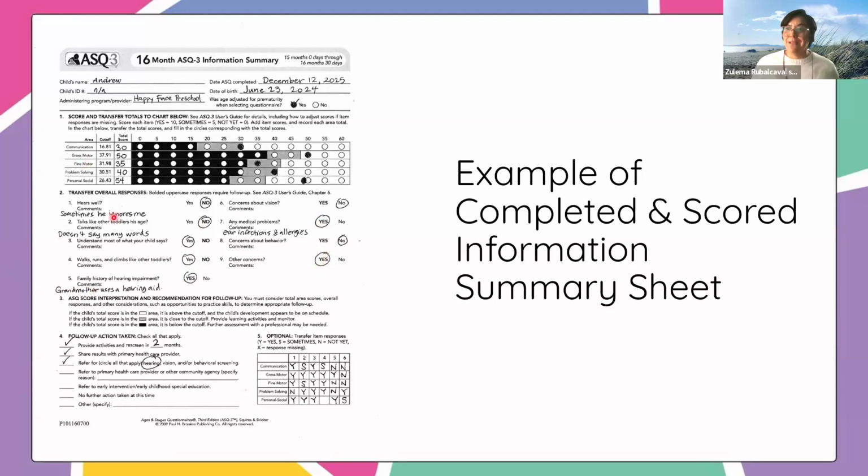And this might give me some indication, right, about how we're going to follow up and what kind of follow-up we're going to ask, right? So we can already see communication is a concern, right? Sometimes he ignores me, doesn't say many words, history of ear infections and allergies, grandmother uses a hearing aid. All of these are clues about what's happening here. We know communication is very repetitive, right? If he's had a lot of ear infections,